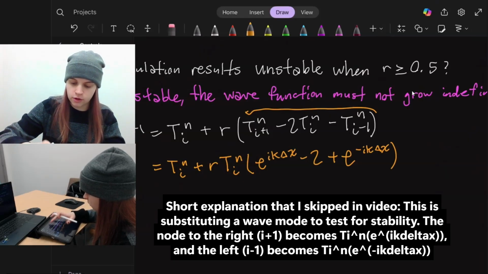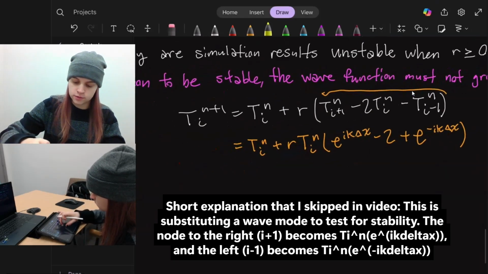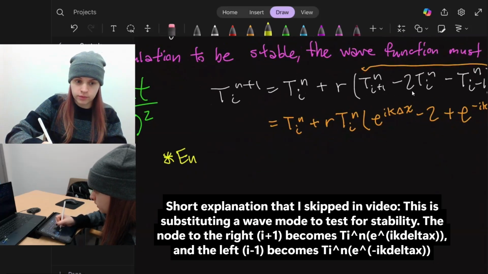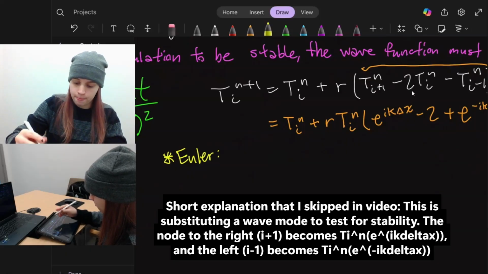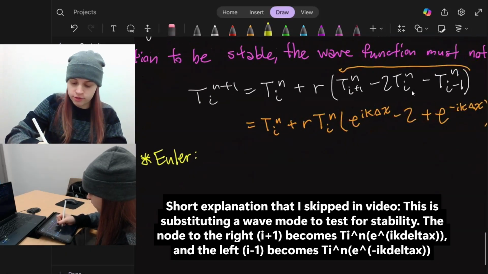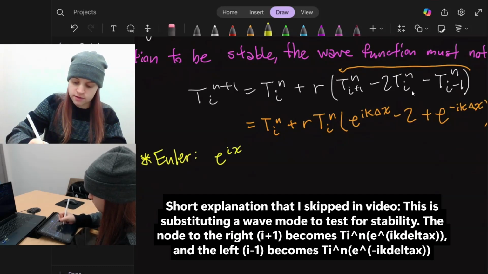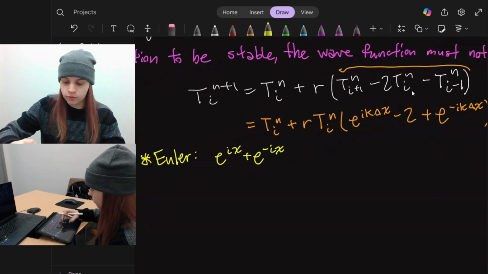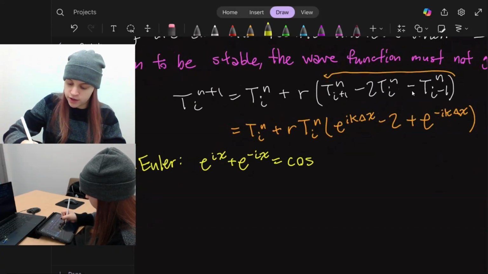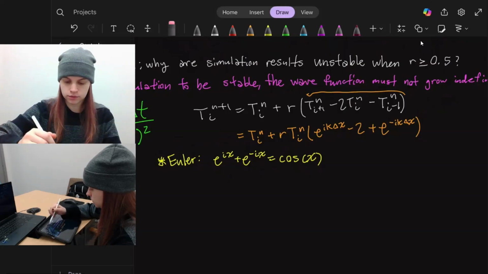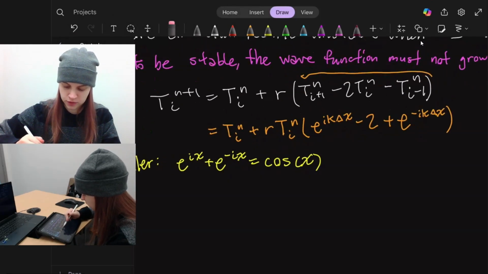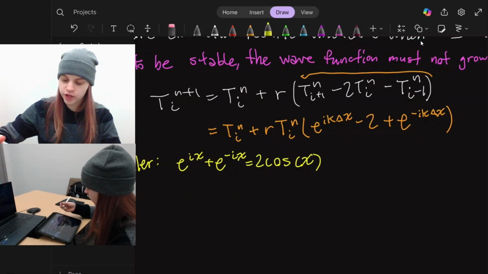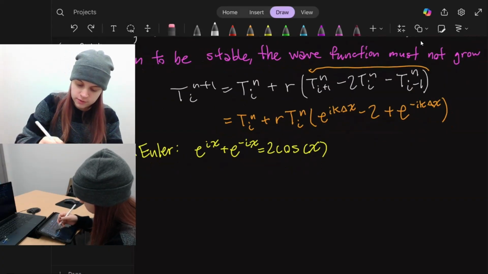Something we want to recall for some simplifications that we're about to do: from Euler, we know that e to the ix plus e to the negative ix is another way that we can write 2 cosine of x. I actually wrote something wrong right here. This should be a 2 cosine x. So when we go ahead and simplify things,